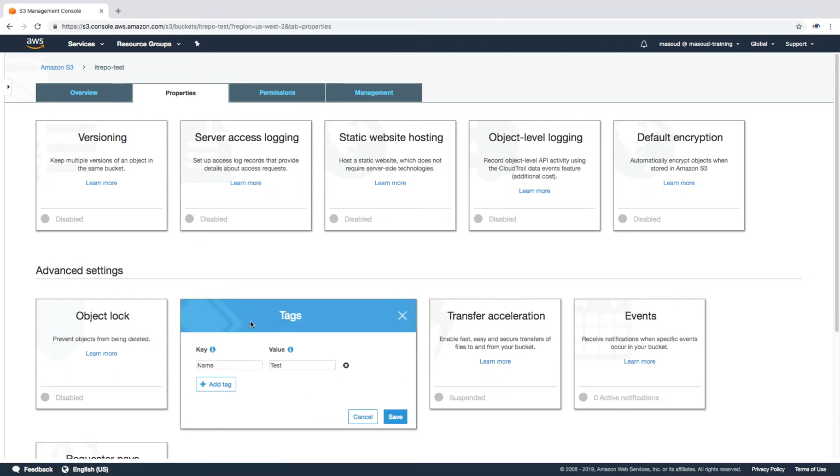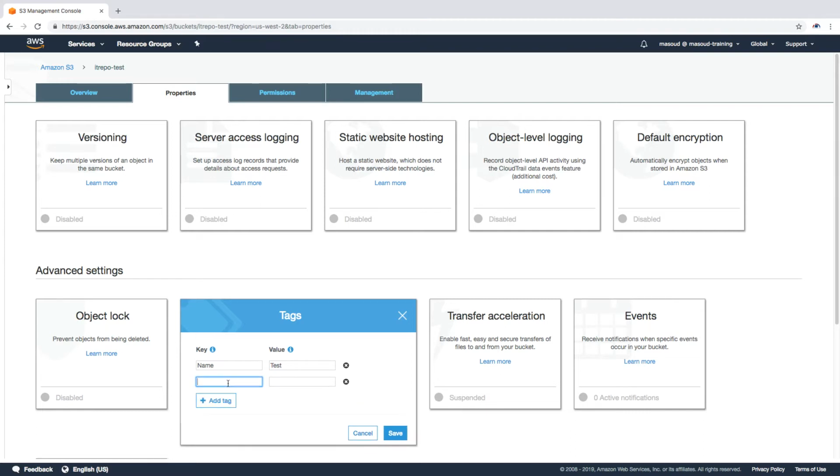If you remember, when we created this bucket, we put a key name and a value for the test tags. Again, I want to emphasize the tags are important for reporting purposes, or if you are working with a third-party application for managing your cloud solutions, like Cloud Check or Cloudability for bill management, then the tags are really important. I'm going to add another tag, and I put env as environment and dev as development,